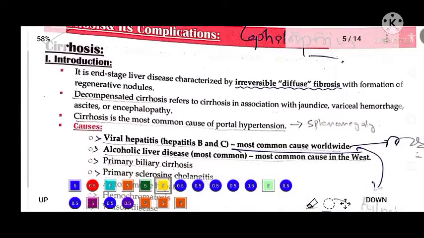Okay, so now we are going to start cirrhosis. Cirrhosis is end-stage liver disease characterized by irreversible diffuse fibrosis and regenerative nodule production. Decompensated cirrhosis refers to cirrhosis associated with jaundice, variceal hemorrhage, ascites,